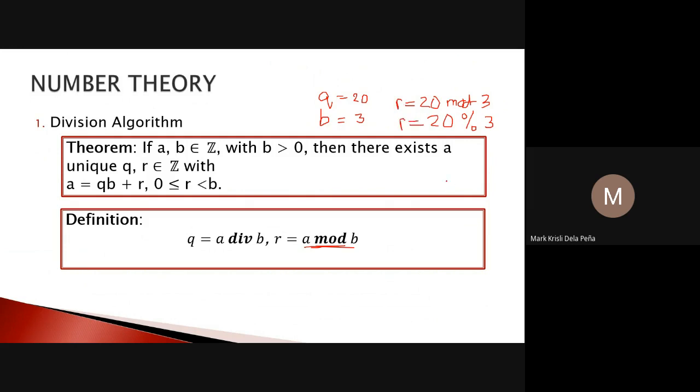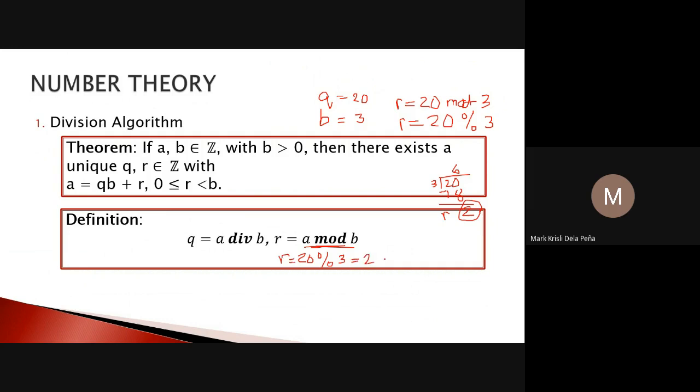So using the long division method to show the process, what's 20 divided by 3? This might be 6. Then 6 times 3 is 18. So 20 minus 18 is 2. So this is your remainder. So this will be the answer: 20 modulus 3, our remainder is equal to